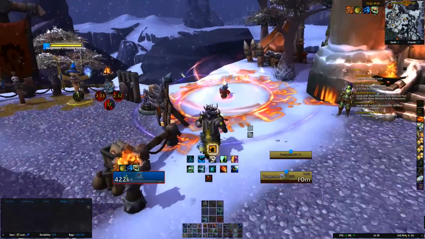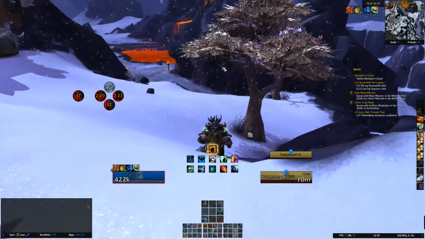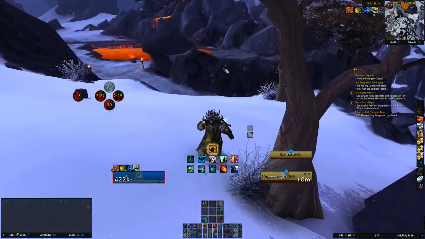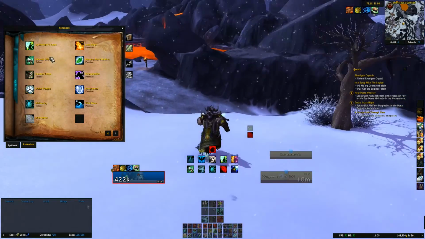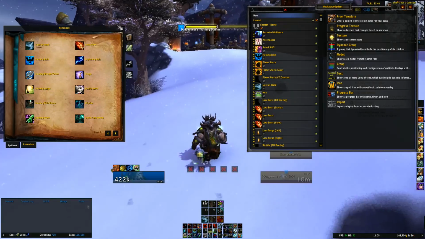Alright, now because that stupid tank totem is keeping me in combat, I actually need to run out. And my Ghost Wolf is not working for some reason. Called Light Mount. It's amazing. It basically